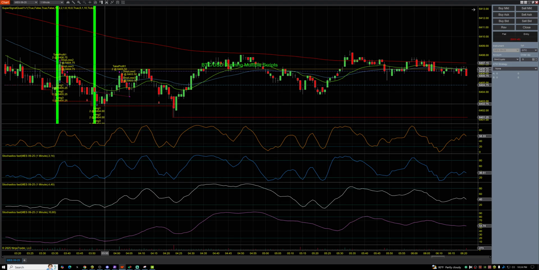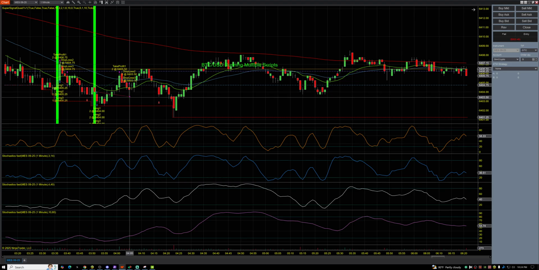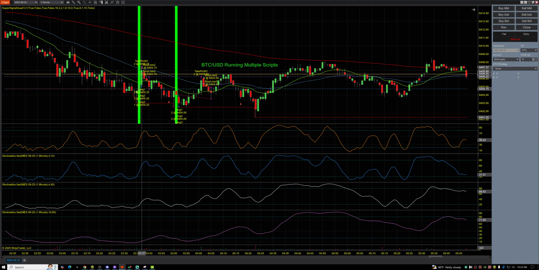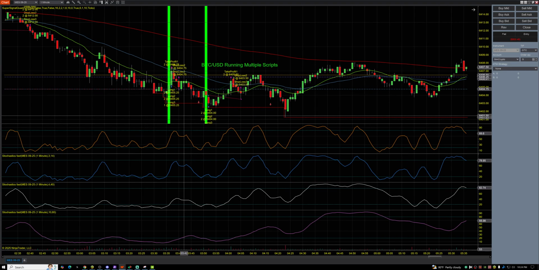Actually, there was a little divergence here. It popped up here, then it kind of pulled back. Take profits 1, and then it pulled back, and then it pushed higher. Again, it came just enough to get the trailing stop. Here, take profits 1, and then it kind of rolled over. But